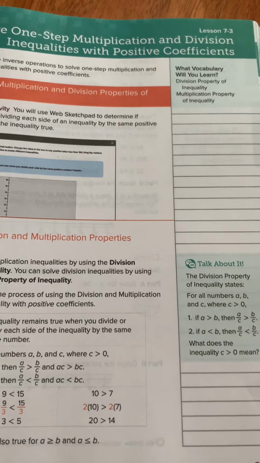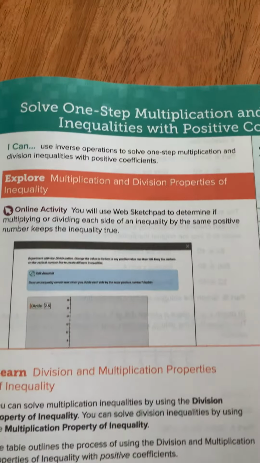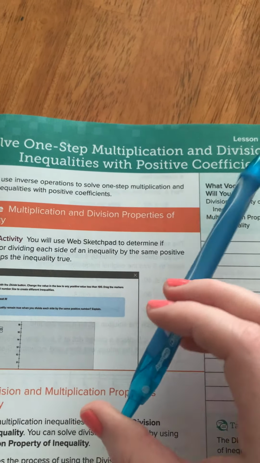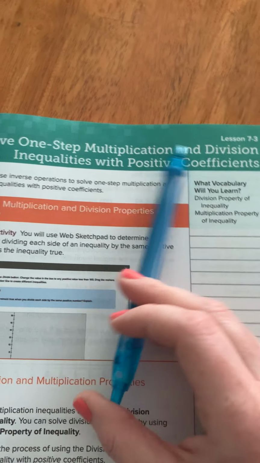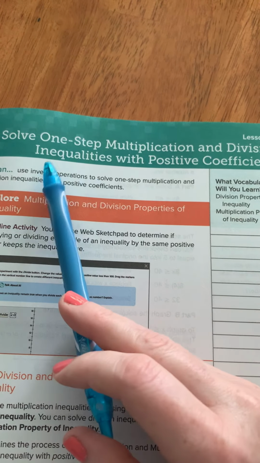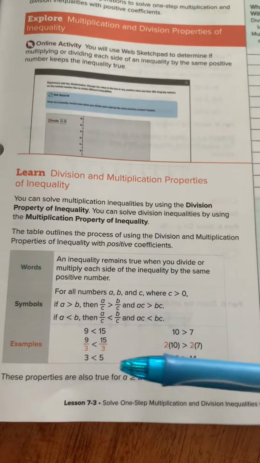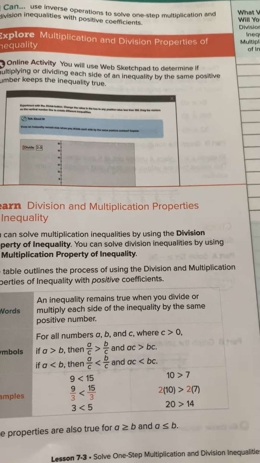Hey, 7th graders, we're going to do 7-3 today, page 349. We're going to solve one-step equations with multiplication and division this time. Last time it was adding and subtracting. This time it's multiplication and division, but it's not a normal equation. It's an inequality because it doesn't have the equal sign. It has a less than, greater than, a greater than or equal to, or a less than or equal to